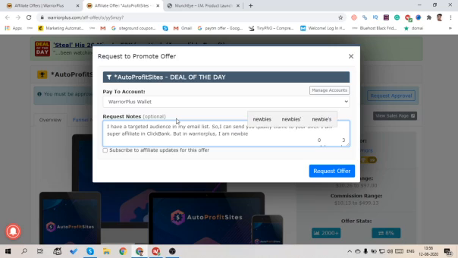So this kind of script works really well. When I got started, I used this technique, telling them I'm a super affiliate in ClickBank, but for this platform I'm a newbie, because you don't have any sales history in Warrior Plus. This kind of request method helps you get approval from the vendor, but this is not enough. So right now I'm requesting this offer.